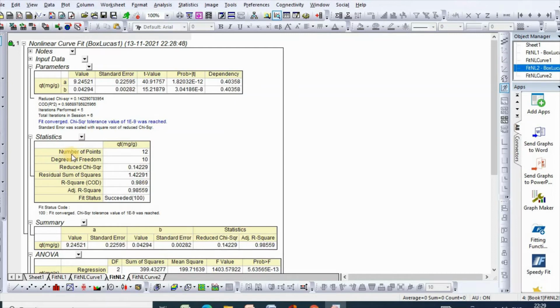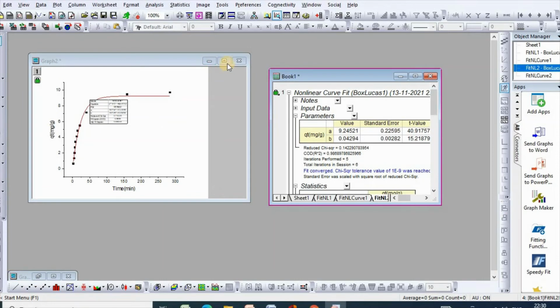And from statistics, we see that reduced chi-square is this, residual sum of square is this, R square, coefficient of determination is this, adjusted R square is this. So these four types of errors can be found from Origin Pro.